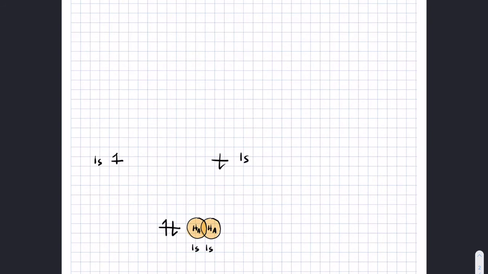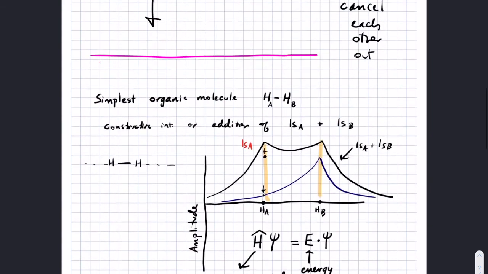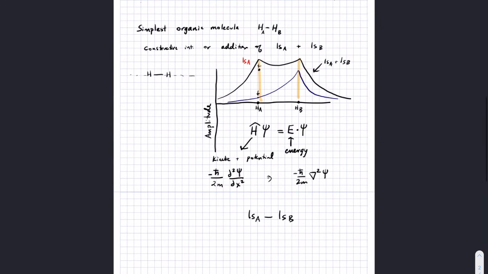I don't have a good explanation for it other than the math makes it that way. It has to do with something called linear combination of atomic orbitals, but it's not something we need to worry about. In any case, if we think about what would happen if we subtracted the 1sb orbital from the 1sa orbital,